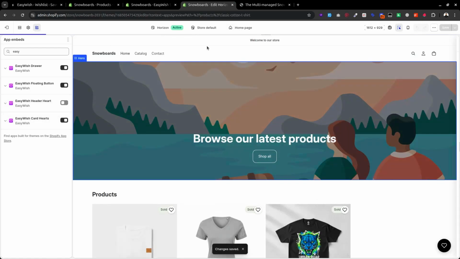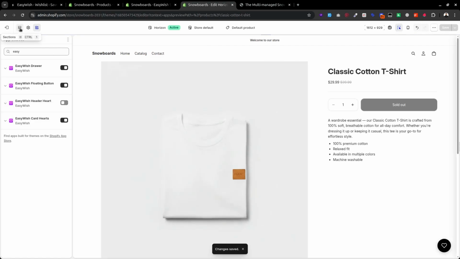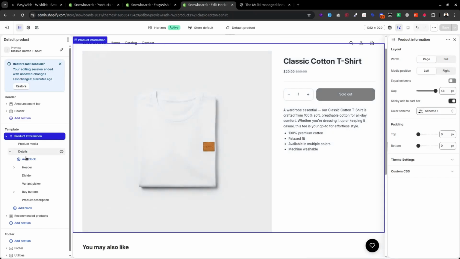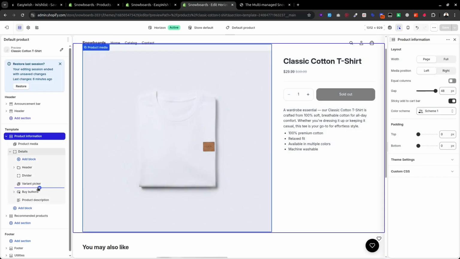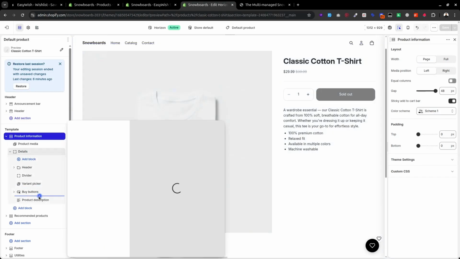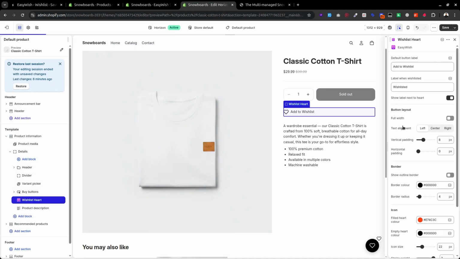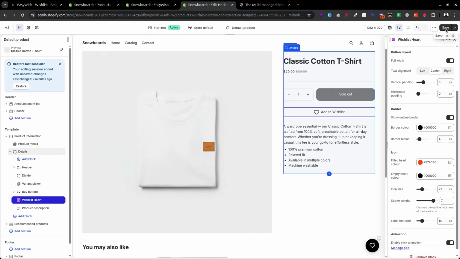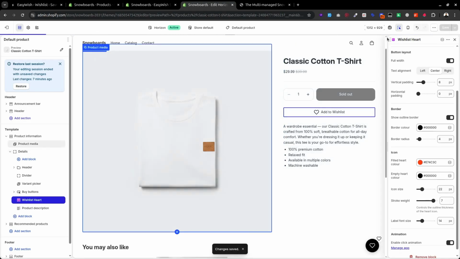To add the wishlist to your product page, you can just go to the product template, and in the sections, in the product information. Maybe your theme has a different name, but you get the idea. You can add, under the buttons in the apps, the EasyWish heart, and you can customize it according to your need. You can make it full width, center, make the border, and change the color as well. So this is how easily you can